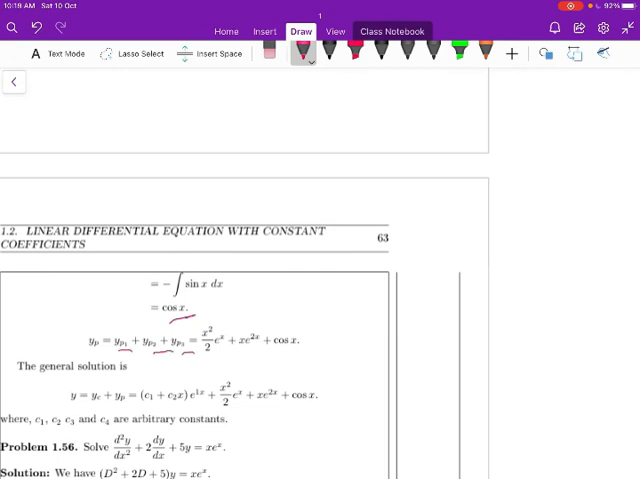Okay. So therefore yp is equal to yp1 plus yp2 plus yp3. So yp1 is x square by 2 into e power x, yp2 is x into e power 2x, and yp3 is cos x. So therefore